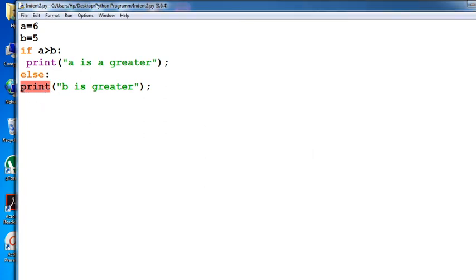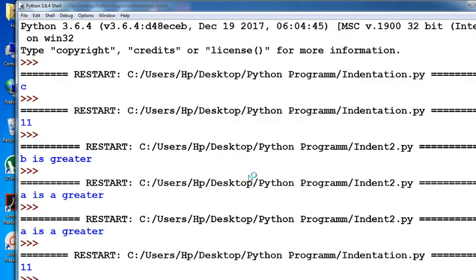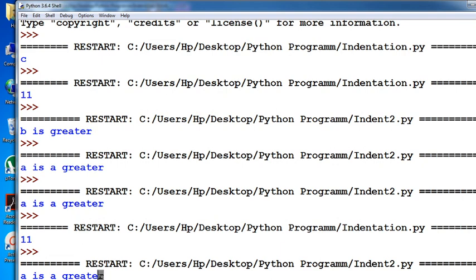That means it is mandatory to use it in your source code. If you want to use the program properly, provide indentation in the if else statement. See here, the output is: a is greater.